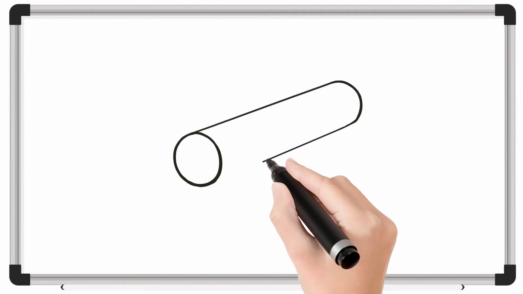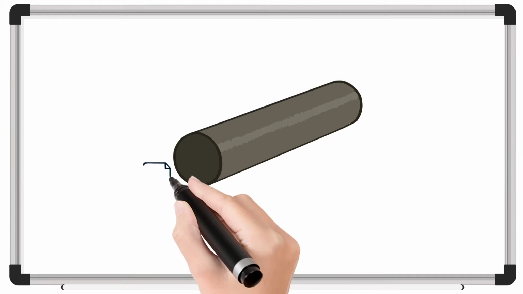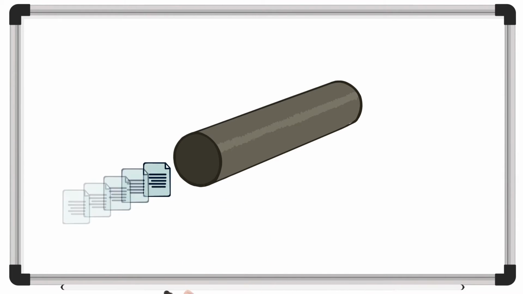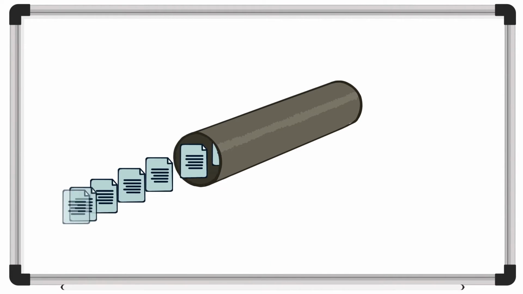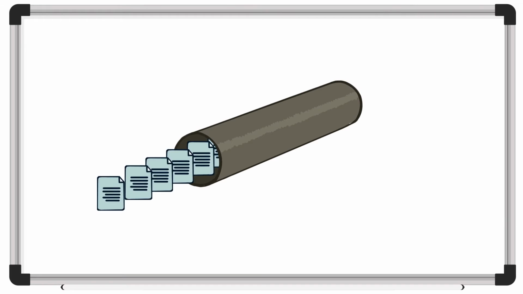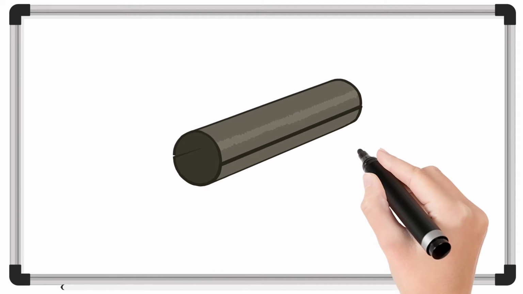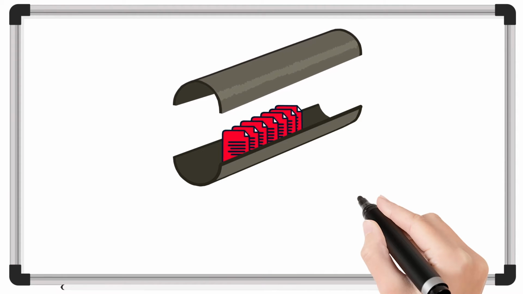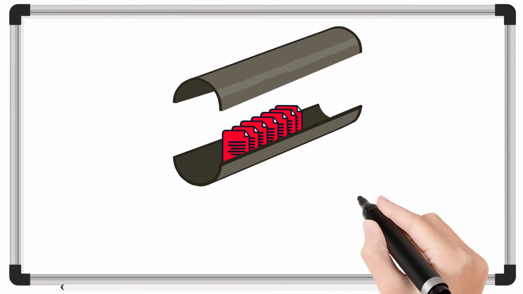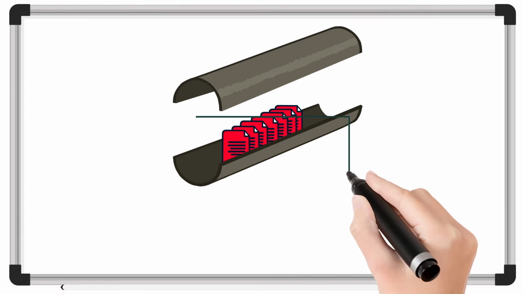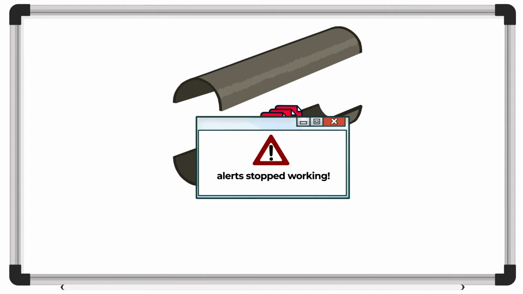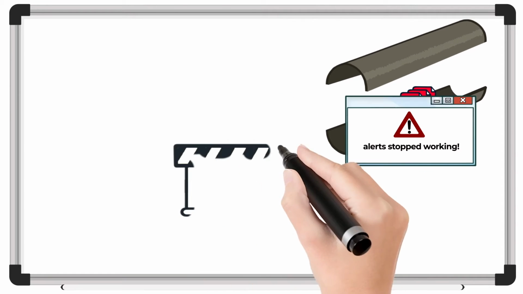To put this into visualization, let's draw out what this might look like through a metaphor. Imagine you had a tube and were stuffing data in that tube constantly. If you stop pushing data through, there might still be some data left in the tube that never came out the other end. But when you are stuffing data inside, it's like the data is arriving in New Relic and populating the aggregation window. When you stop stuffing data, data stops flowing and alerts stop working.